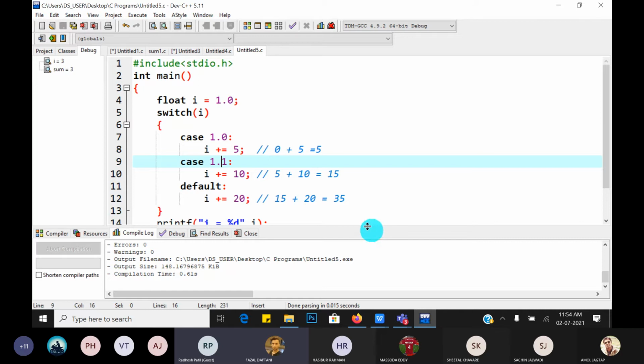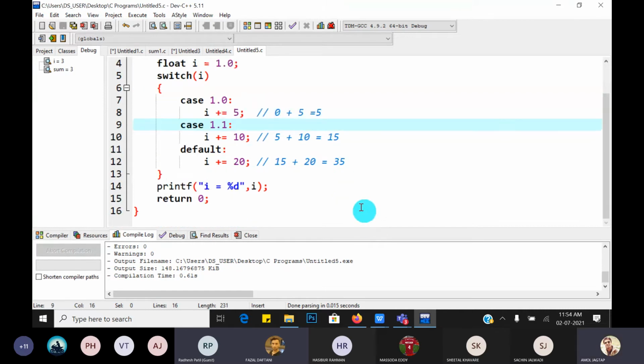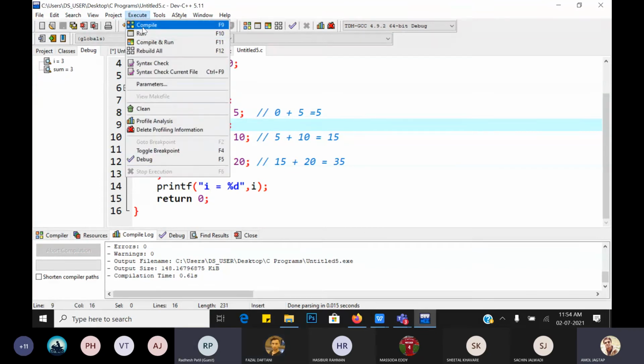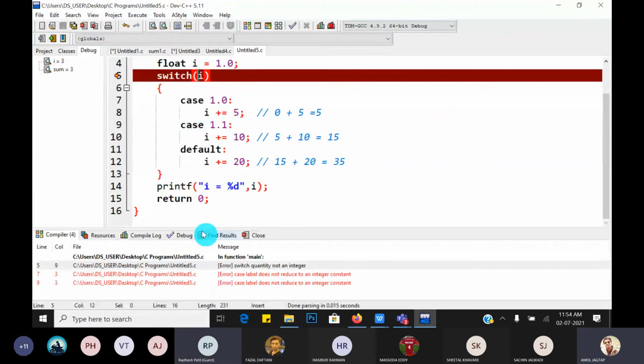Just compile first. It gives you a syntax error: switch quantity not an integer. Whenever we write an expression inside the switch, it must be an integer or a single character or a string, but not a float type value.